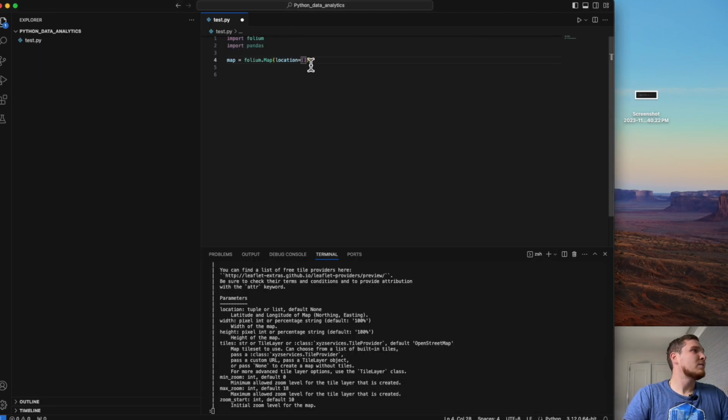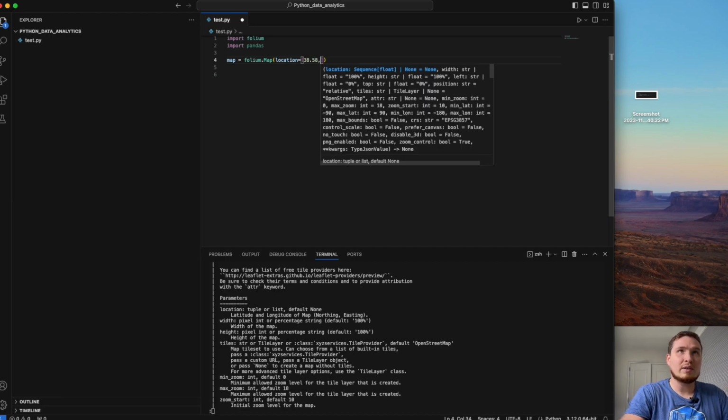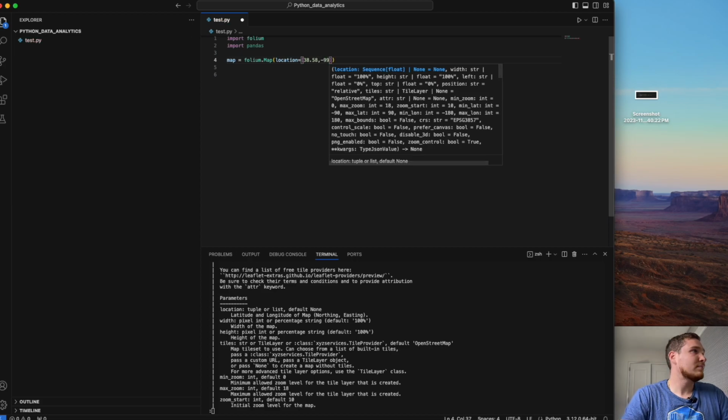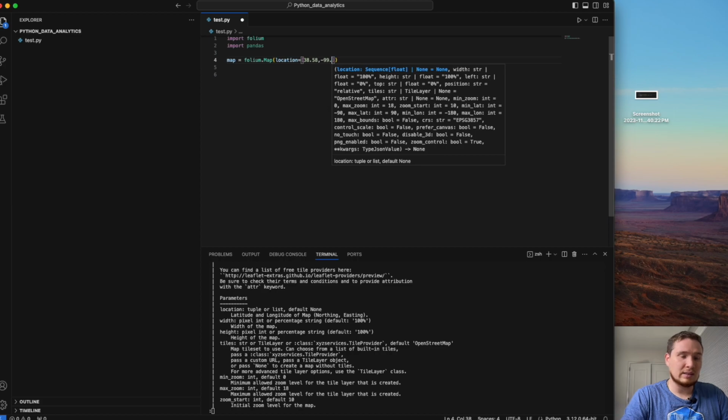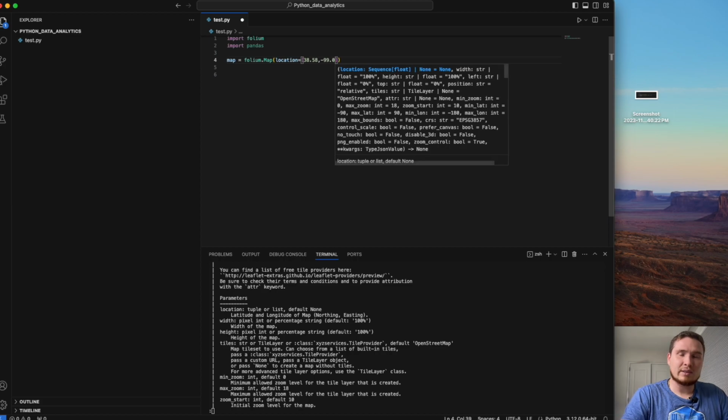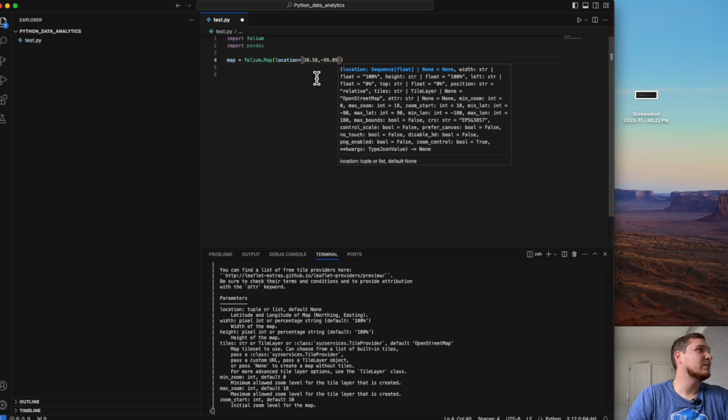Okay, so let it be 38.58. I'm just copy-pasting it from Google Maps. The longitude will be minus 99.09. This will be our longitude.